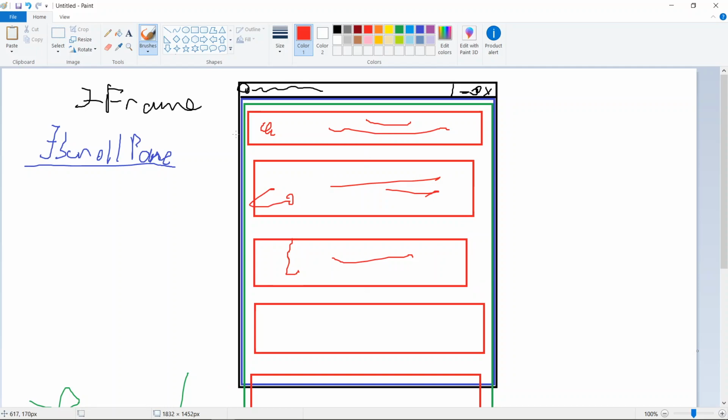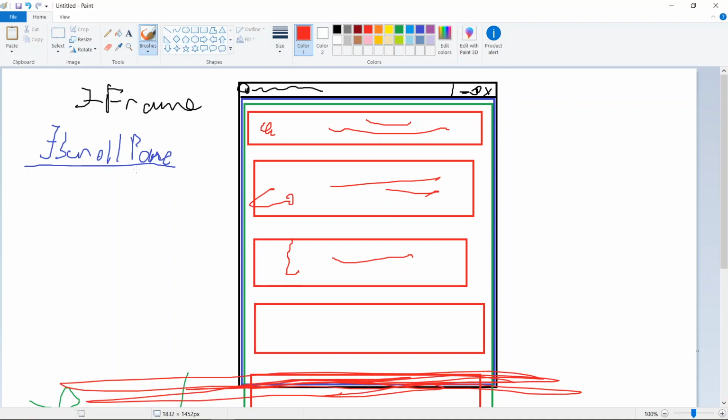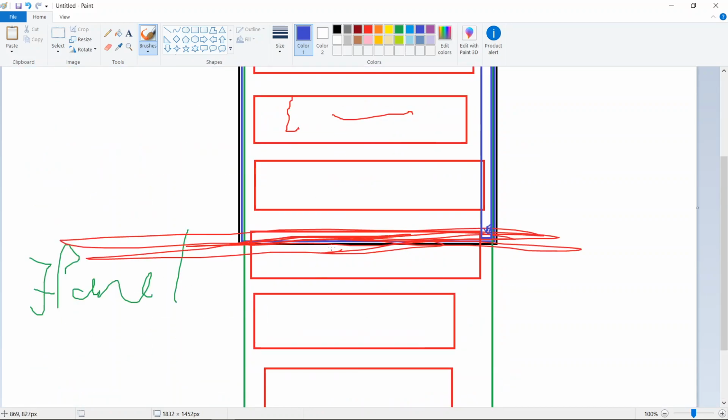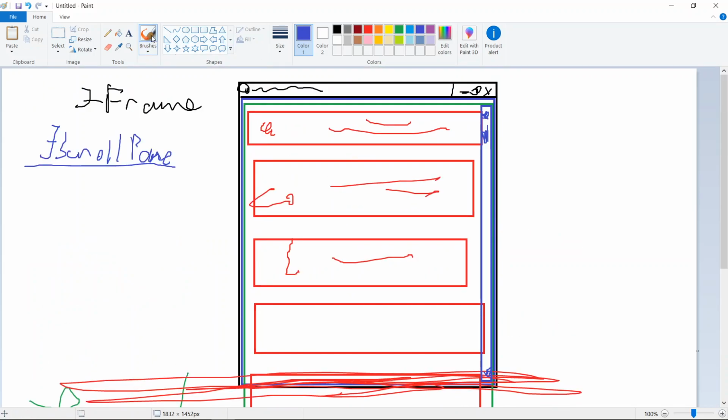So we will see only this up to this part at the bottom of the page, but the JScrollPane provides us with a wonderful tool that is called a scroll bar. So we'll be able to scroll up and down and see what's in this JPanel, the green one that actually goes lower than the JFrame itself, and we'll be able to see more of the movies. And each of these